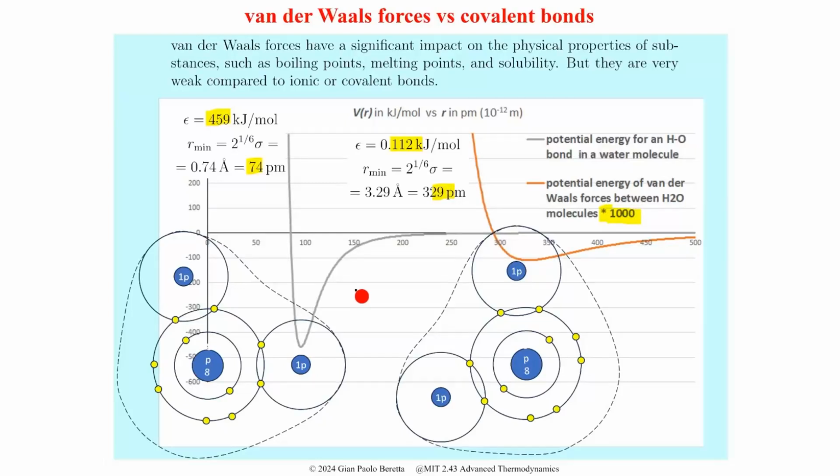But the strength and the distances in play are very different. For example, this would be the Lennard-Jones potential that describes the covalent bond, which is what happens when this